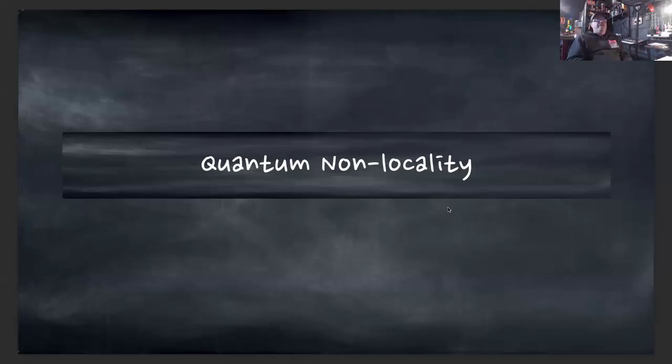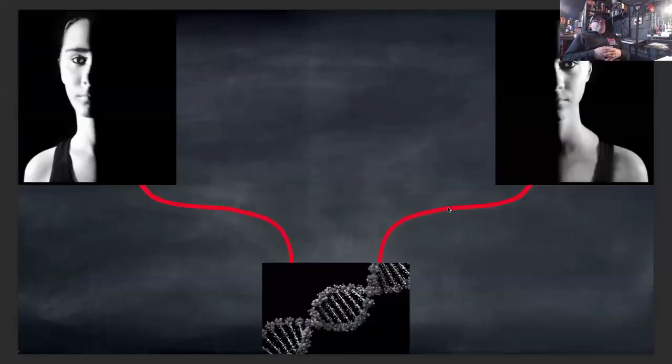In principle, you don't even need these. So what is quantum non-locality about? You remember these two pictures of the twins. So why are these twins the way they are? Whatever property one has, the other one has, because, of course, they share their genetic information. They come from the same genetic material, and therefore the same physical properties manifest themselves in both of